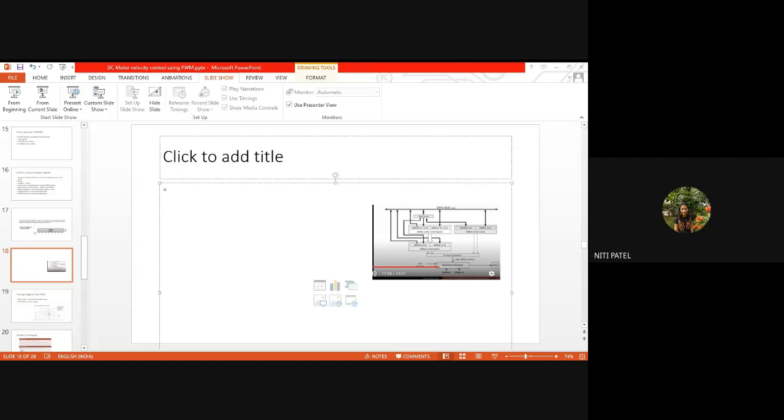Whenever your TCNT is less than the value of OCR, the output will be low. Whenever the value of TCNT is more than OCR, the output will be high. ये काम कौन कर रहा है? This is done by this waveform generator. किसके बेसिस पे? ये TCNT के बेसिस पे और ये आउटपुट कंपेरेटर के बेसिस पे.